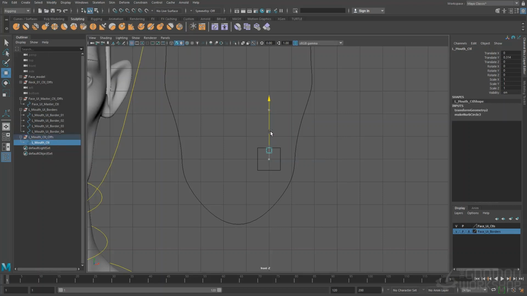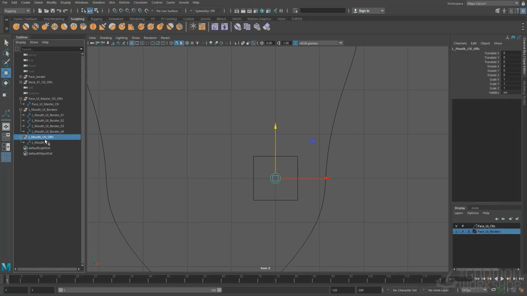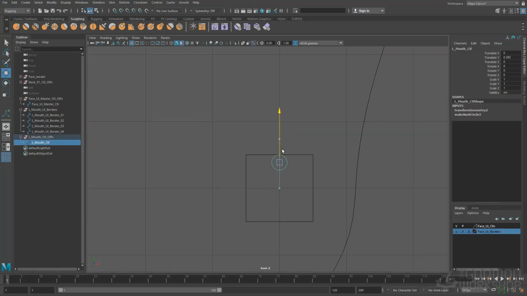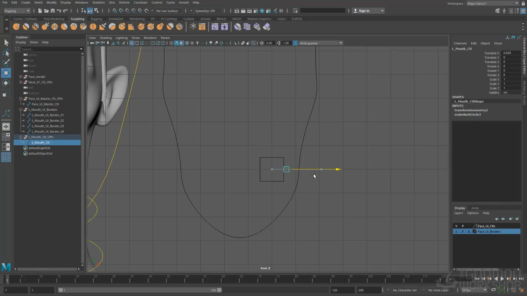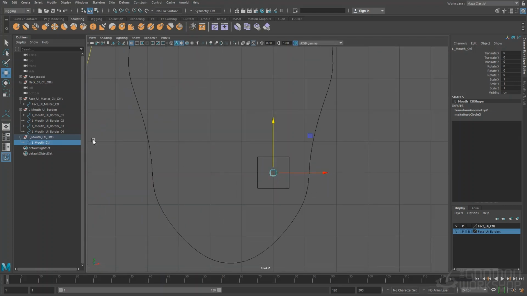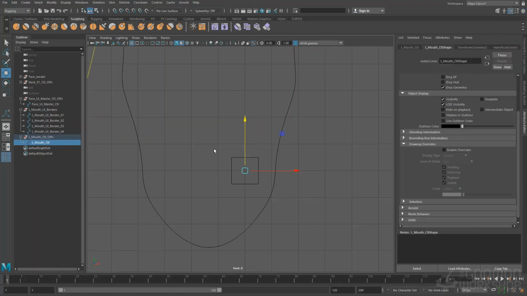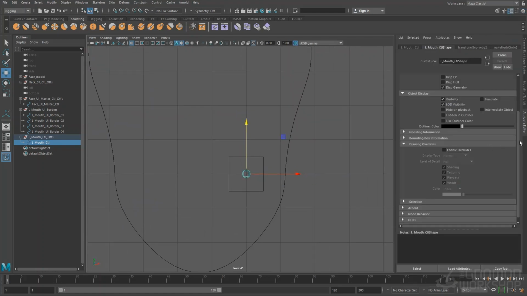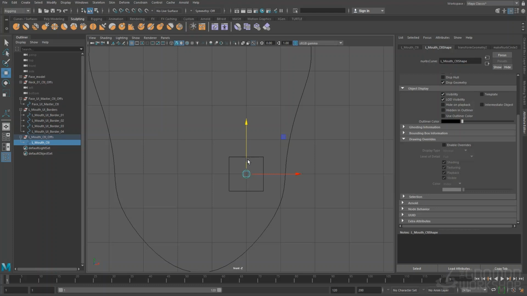So I have this control that I actually want to be limited to this section. So I want to be able to move this control, but I want to have this limit. I don't want to move more the control because this is going to define the limit. So these are the borders. That's why I call them borders. For that, I'm going to select my controls, go to the attribute editor, and I actually want my limits to